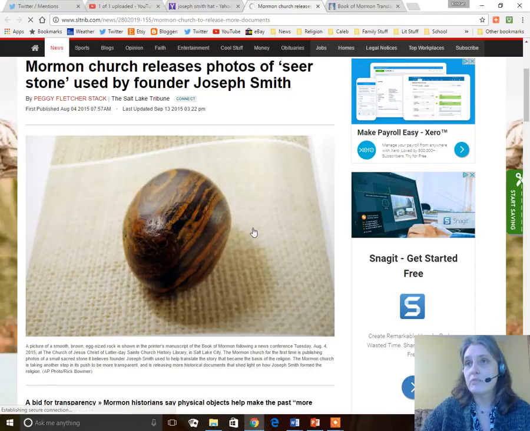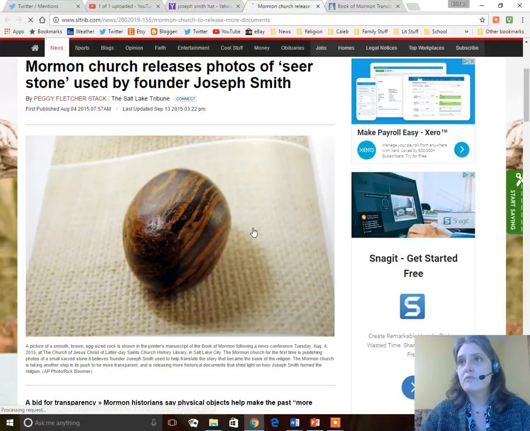This picture was released in August of 2015, and this is the Mormon Church's picture of the seer stone that Joseph Smith used for the translation of the Book of Mormon. He would put this stone in